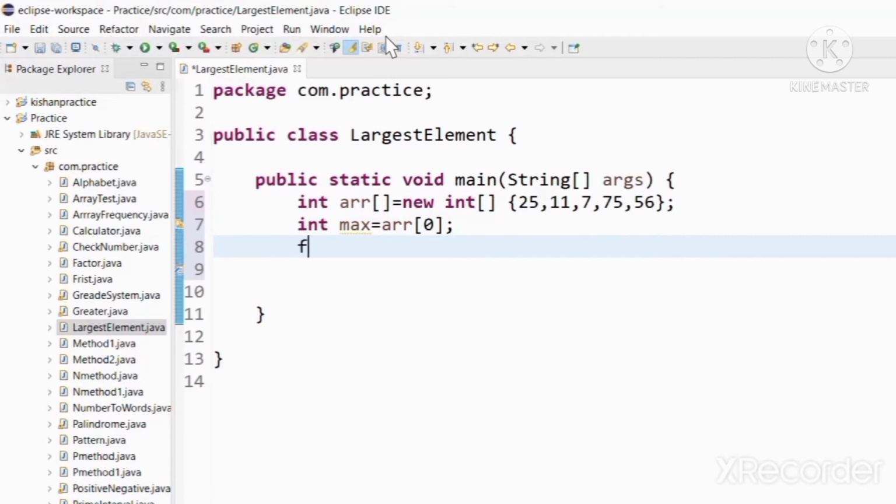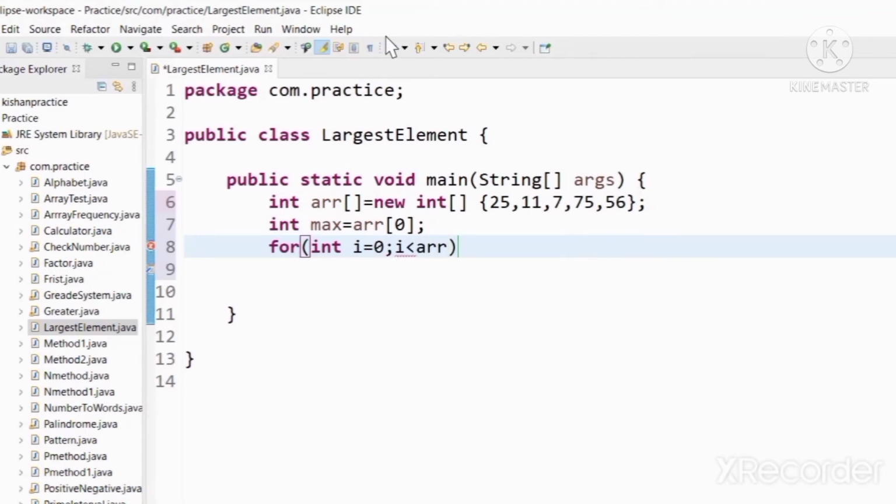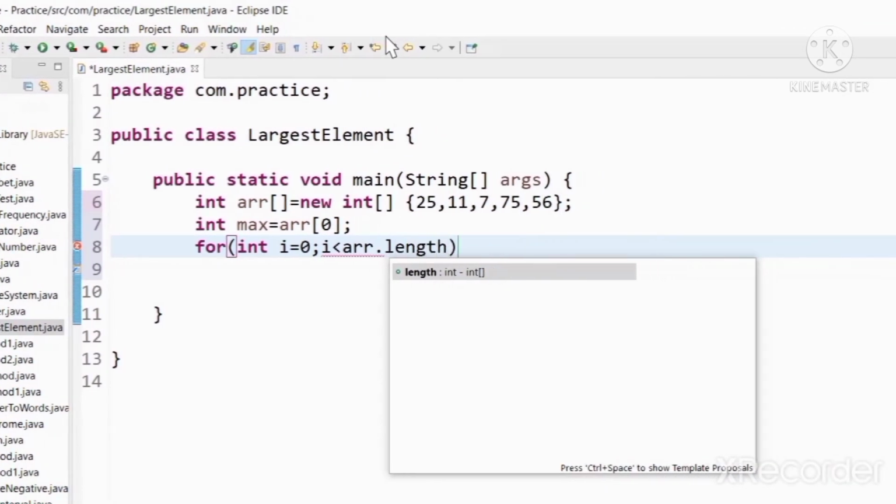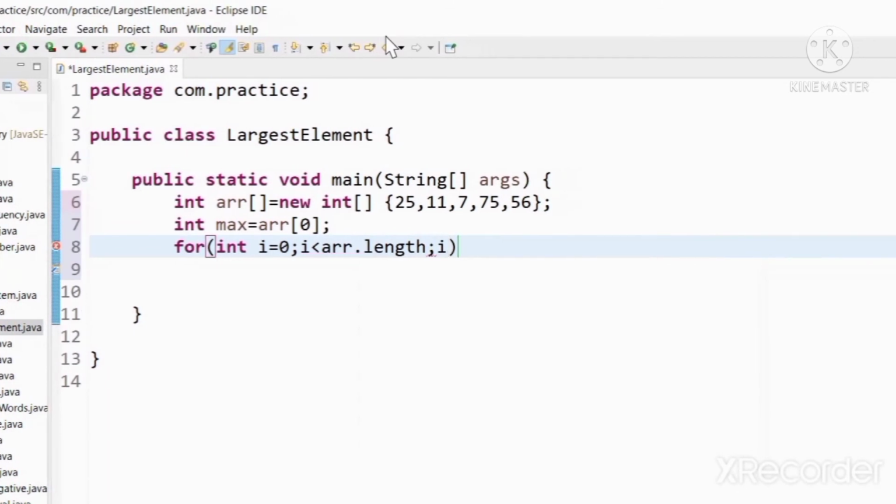So for int i is equal to 0, i is less than the length of the array, arr dot length, i plus plus.